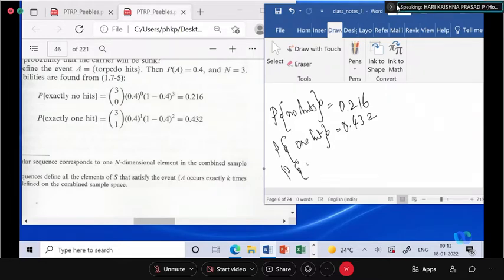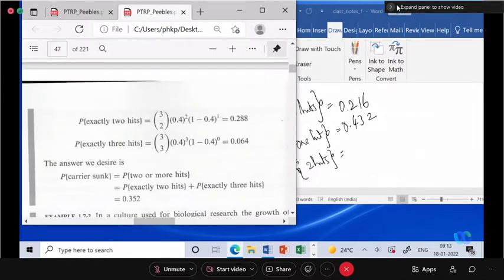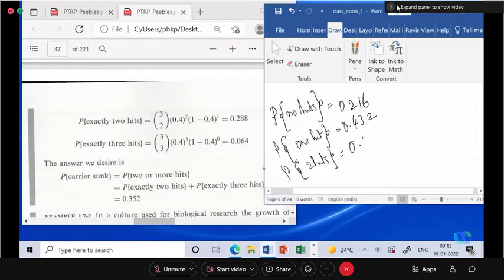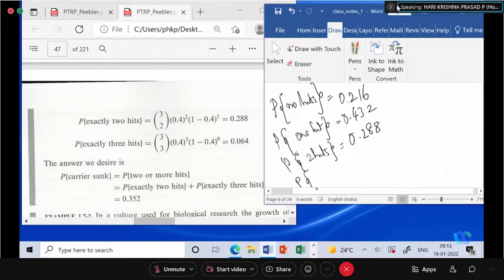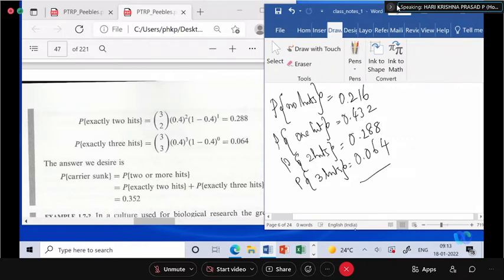Probability of exactly 2 hits, 0.288. Probability of exactly 3 hits, it is 0.064. So after performing this calculation, just sum up the numericals. So just add up the probabilities. How much do you get? 4, 12, 18, 20,